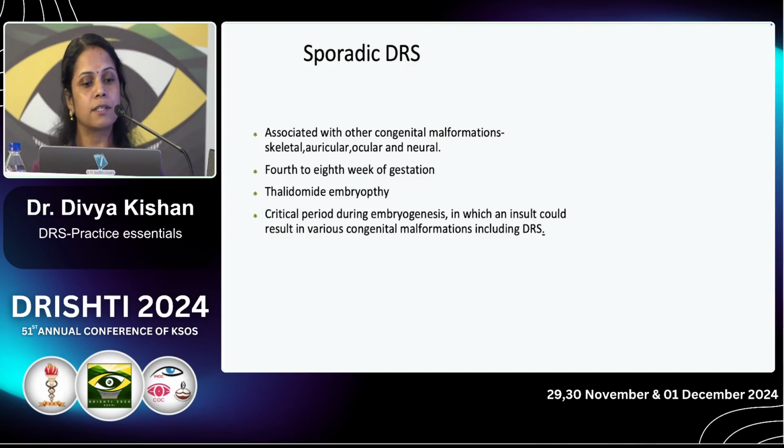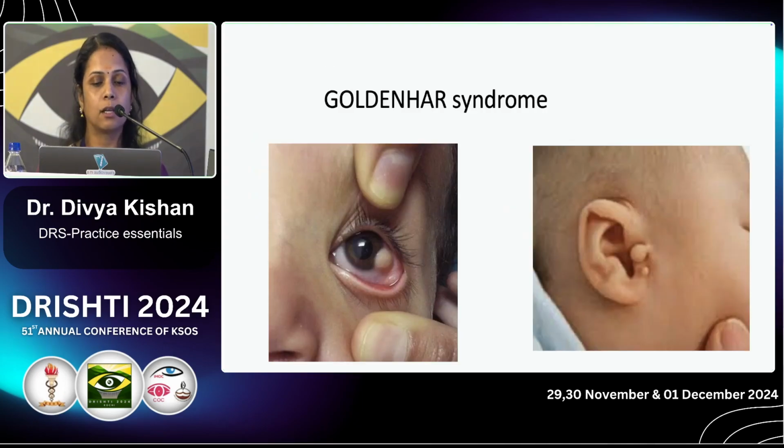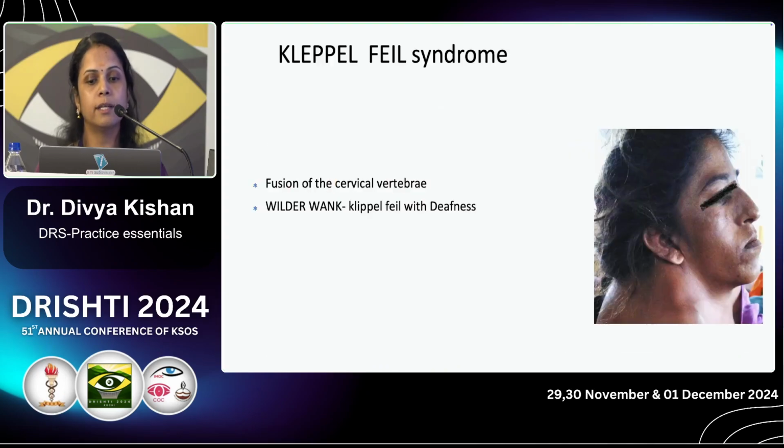And that is because there is a critical period of embryogenesis, that is during the 4th to 8th week of gestation, and any insult, like in cases of thalidomide embryopathy, can cause various congenital malformations, including the DRS. The other common syndromes that may be seen include the Goldenhar syndrome, the Klippel-Feil syndrome, where there is a fusion